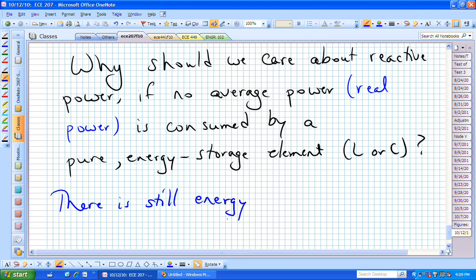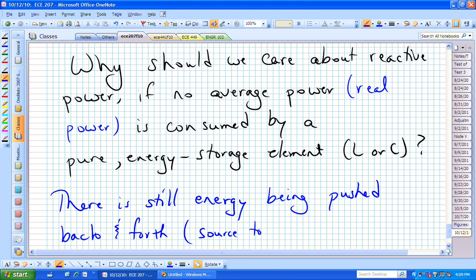So there's still energy being pushed back and forth, source to load, and the power system